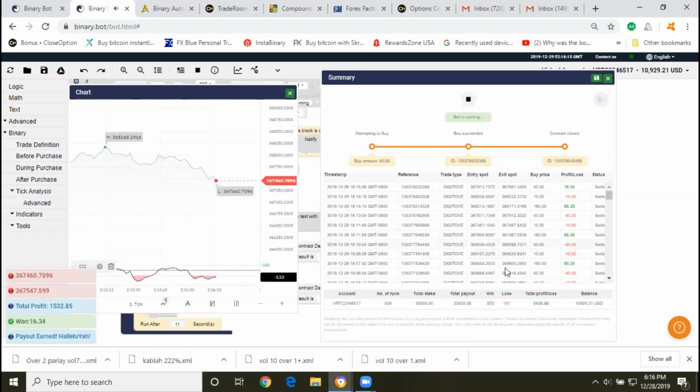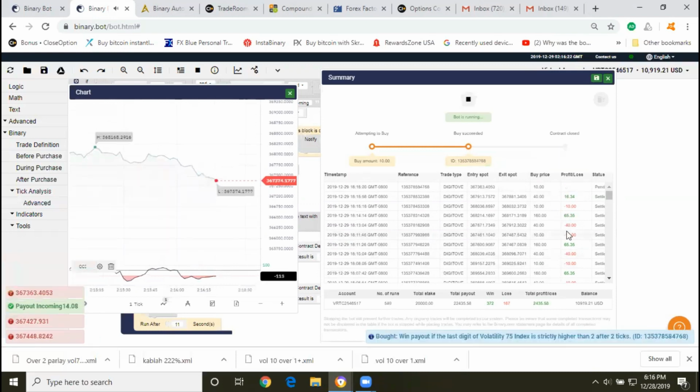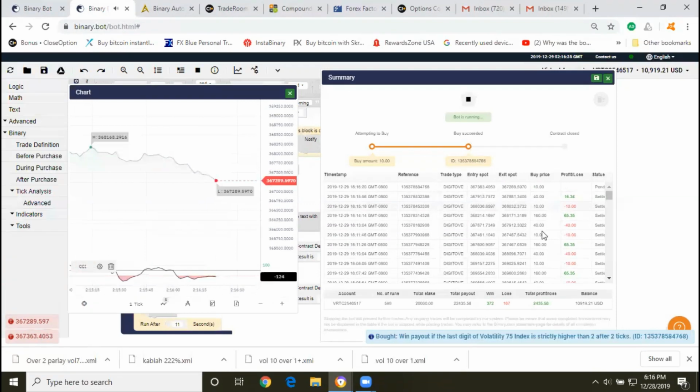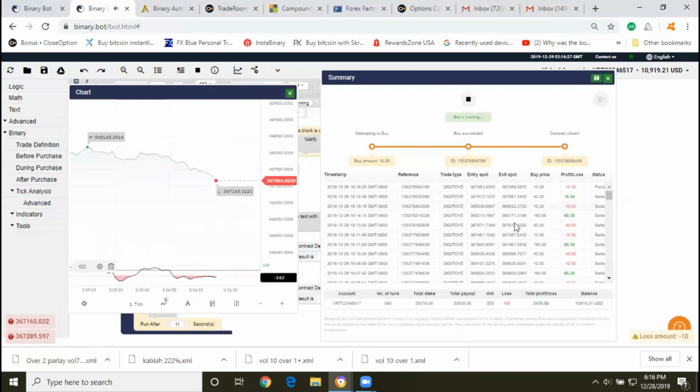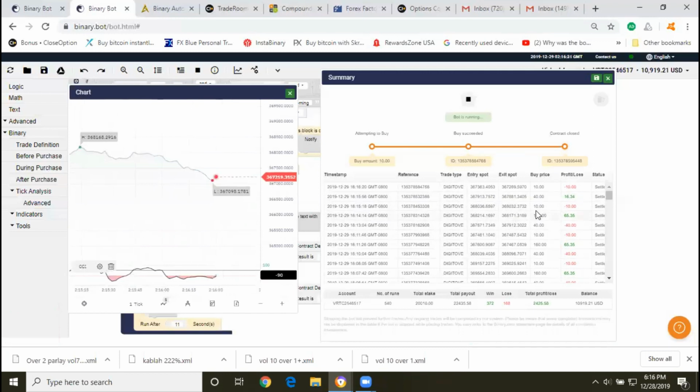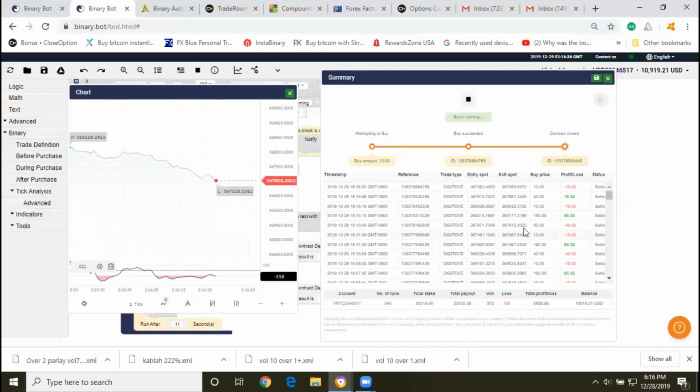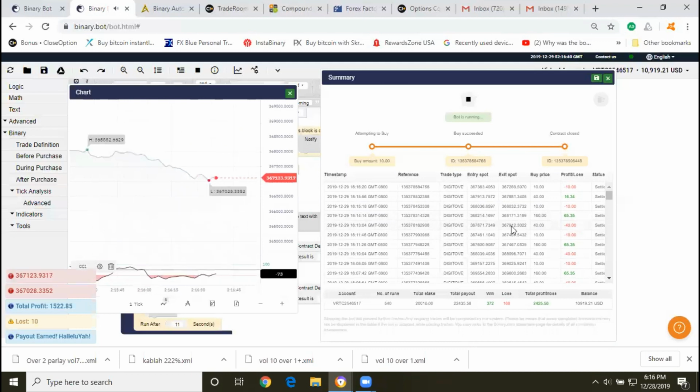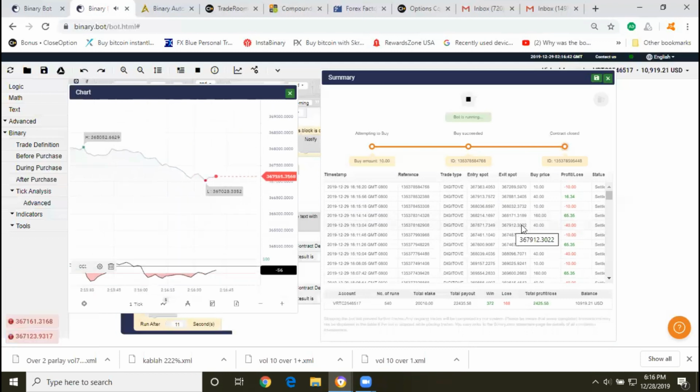But I'm already in the green, so if I have a losing streak like I had shown you, I have enough profit to cover it after this point. You know what I'm saying? So I just wanted to show you guys the power of compound interest, probability, and martingale. It is an effective method to use to really never lose and to stay in the green